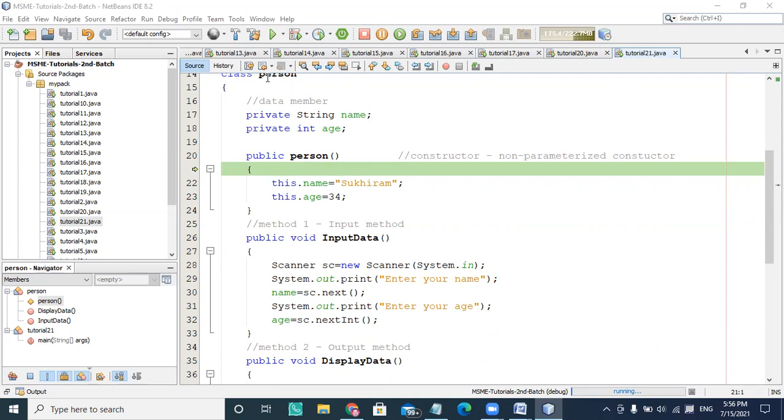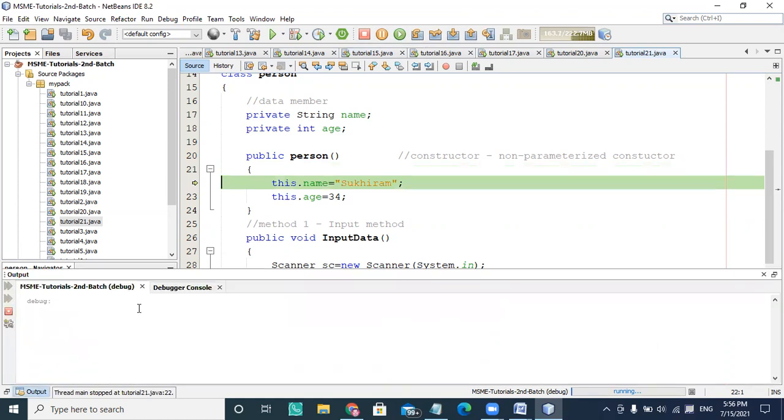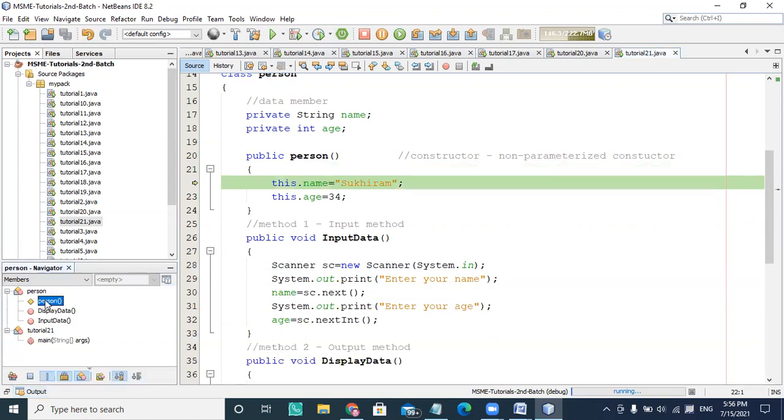Once I go to the next statement, it's going to show the output and the memory contents here. If you see the information here, there is a class called person, and the constructor is person here, and I want to show the memory content here.